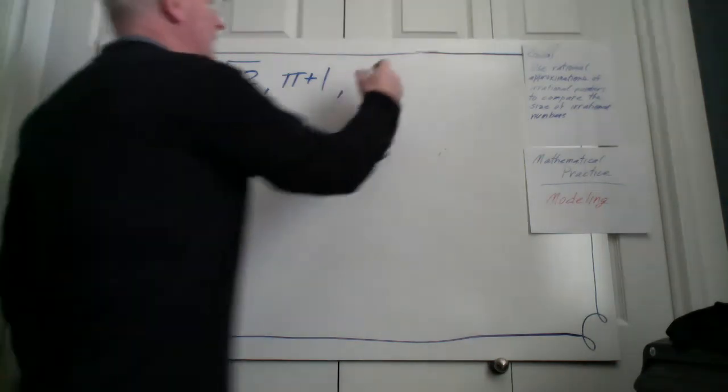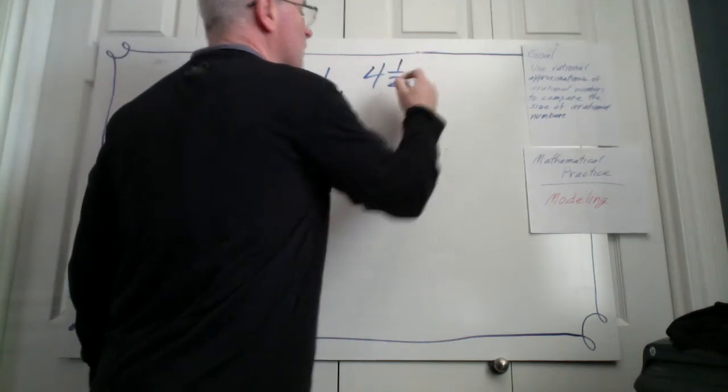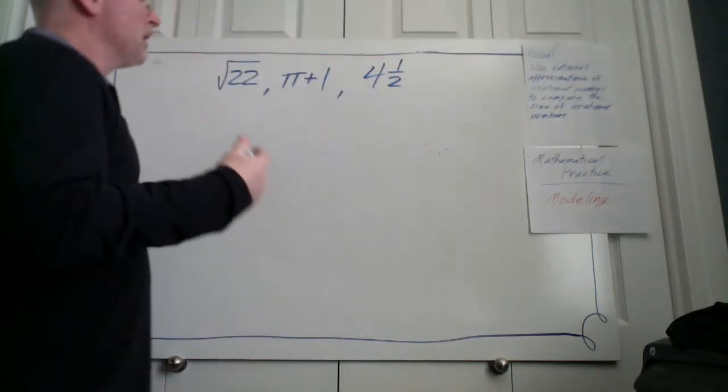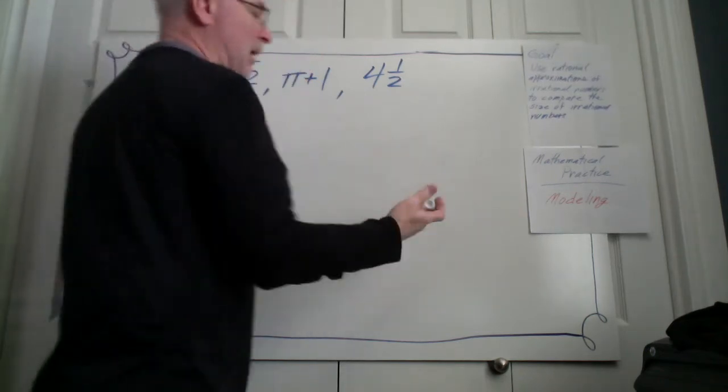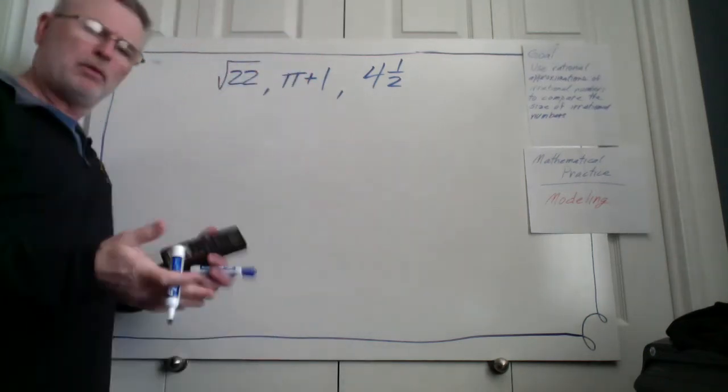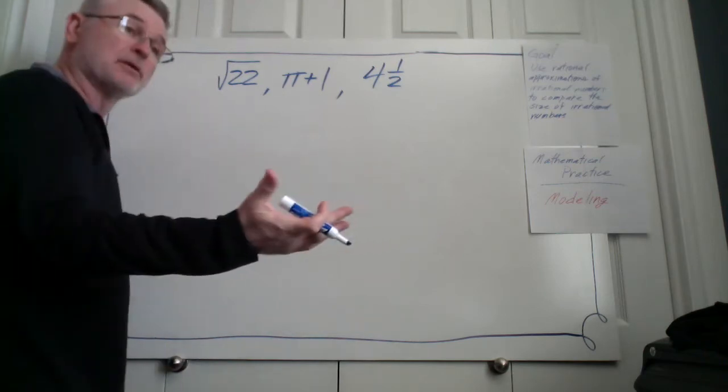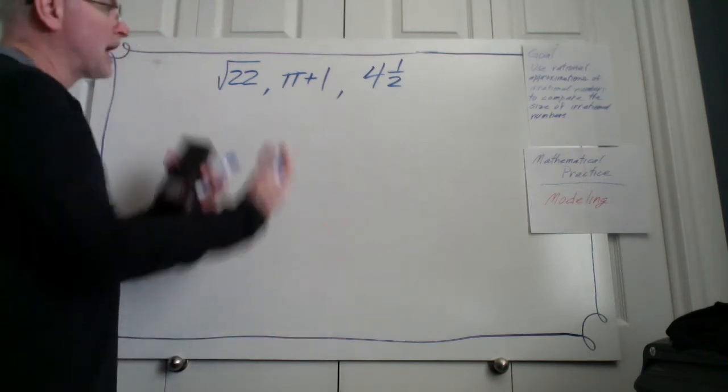half. And they want them in order from least to greatest. It's almost always least to greatest. And if somebody said, hey, order these numbers, I would just do least to greatest. I wouldn't say, well, what order do you want them in? It's going to be least to greatest, right? Now, before I can actually